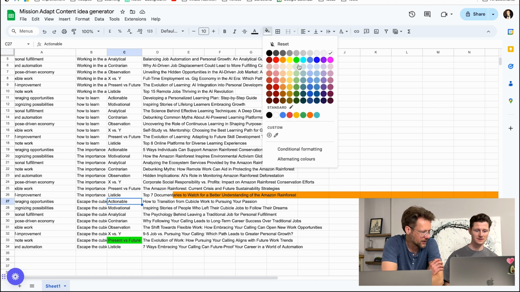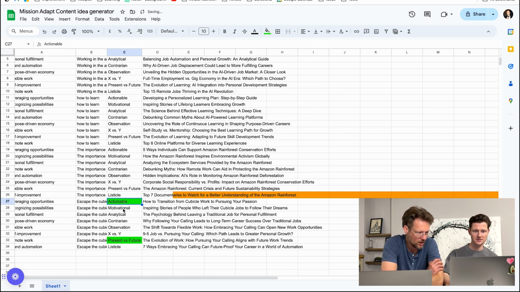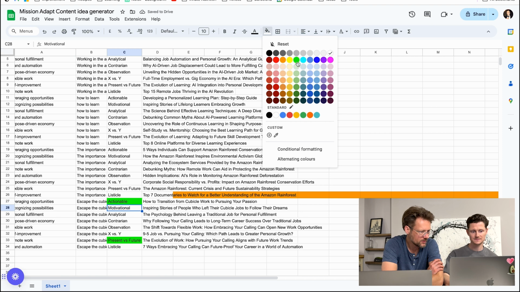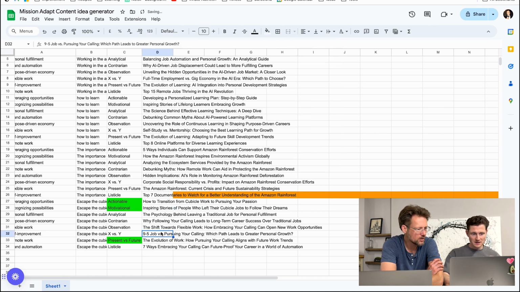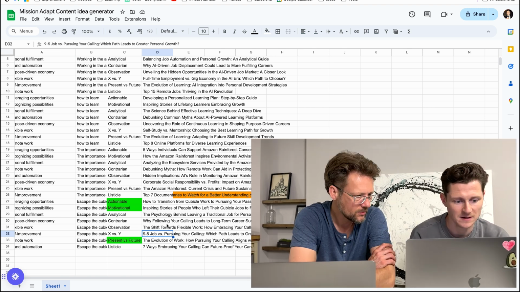I like actionable because actionable is always actionable. Yeah. And motivational is also good because I know that a lot of people find it hard to find the motivation or the consistency to take the little steps that are needed to change in the end. Yeah. Okay. Then I can focus on those, and I can make